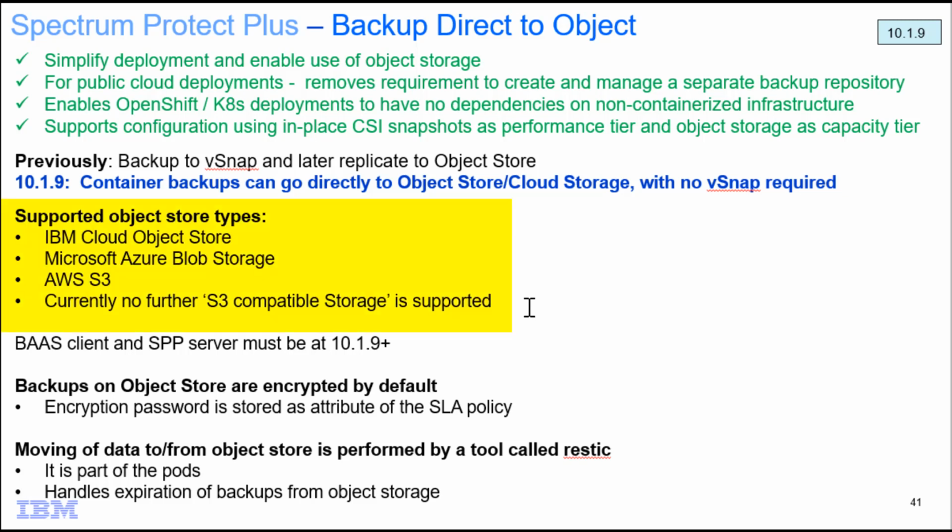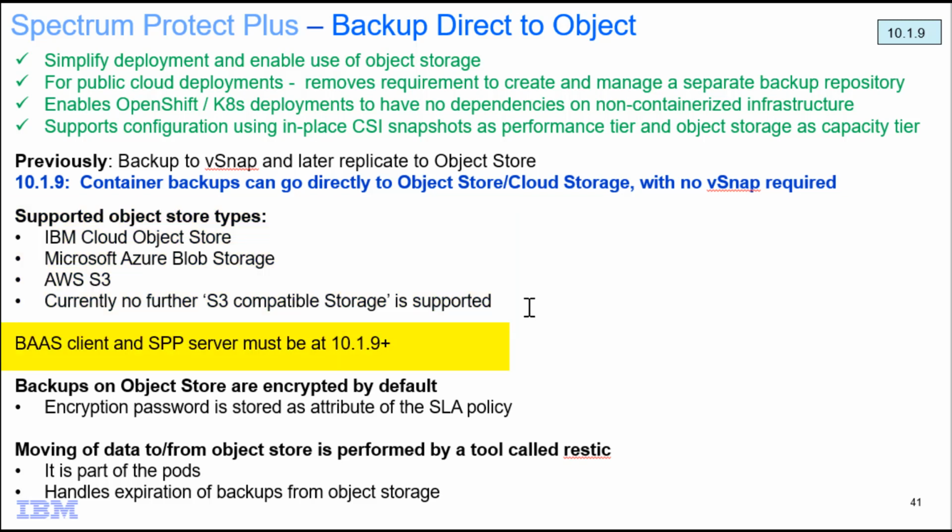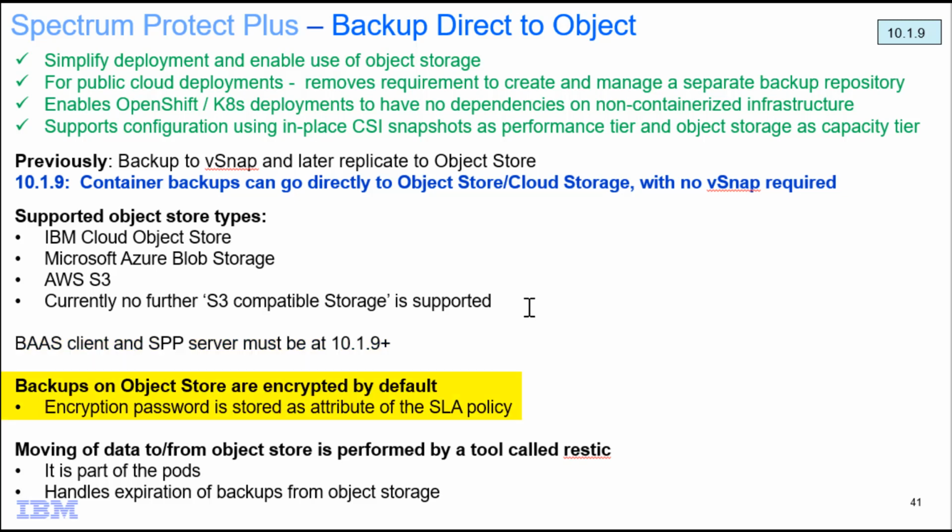We're supporting these on the IBM Cloud Object Storage, Microsoft Azure Blob Storage, and AWS S3. You do have to have both your BAS agent client and your Spectrum Protect Plus server at version 10.19 or above in order to support this. And you'll see as we set this up that the backups will be encrypted as they're sent out to object store, and the encryption password is going to be stored as an attribute of your SLA policy